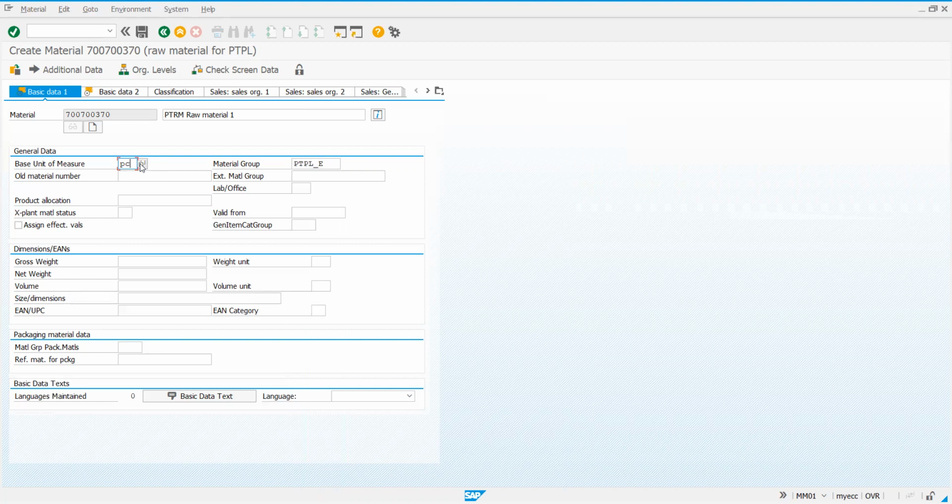Then you are seeing product allocation, ex-plant material status, and other things, external material group, lab, office. So actually these things, you can just write this: ex-plant material status.